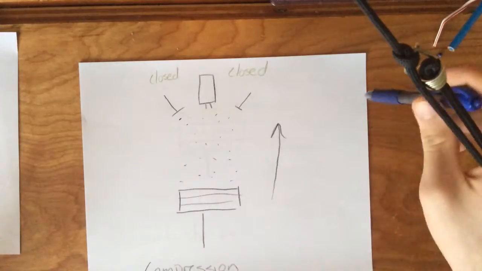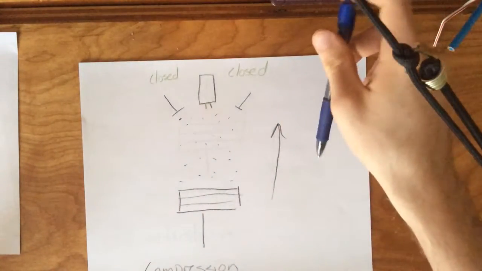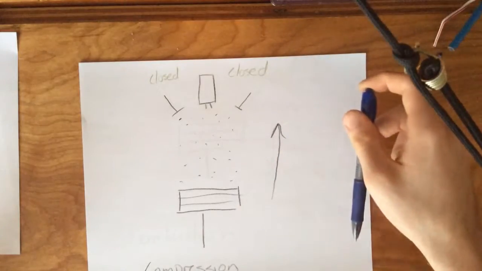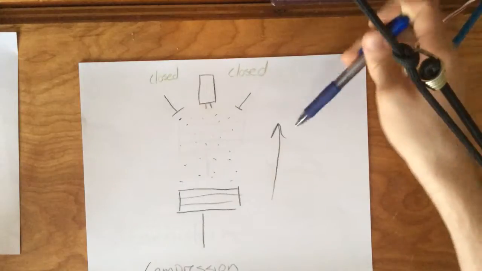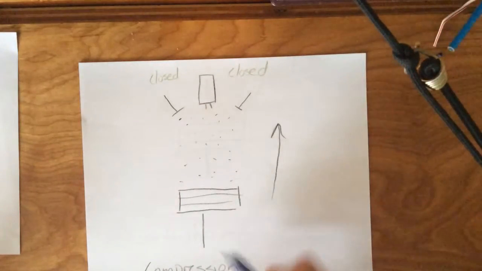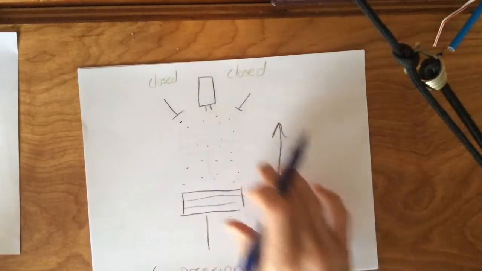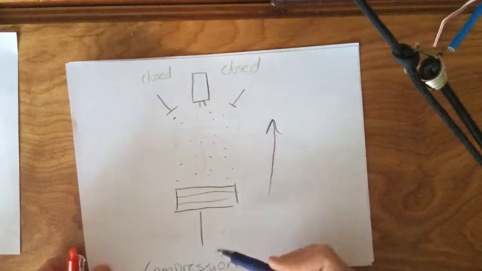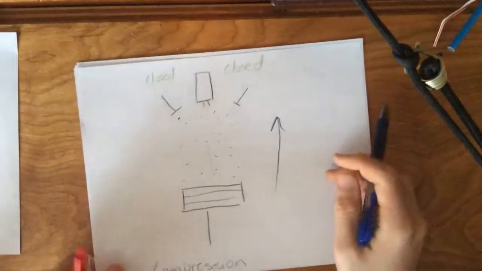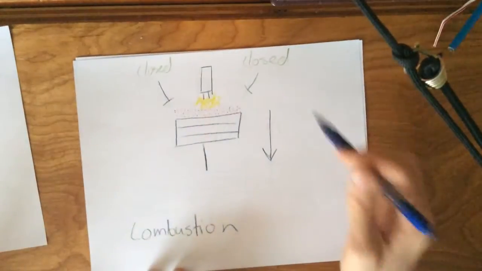And then the next stage is compression, and keep in mind at the time this is going on, the cylinder right next to it is hitting the top and is going through combustion, which is the next cycle. So that'll force this cylinder up, since this one over here is going down. And so what that does is that it causes compression of the fuel inside and compresses it together in a really tight space. And as soon as the piston gets up to the top, the spark plug goes off and